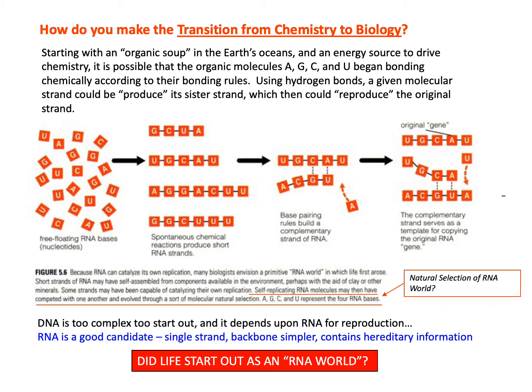But nonetheless, you have C and G that bond with each other, and U and A that bond with each other. So you start out on the left there with your organic soup of all these free-floating amino acids. Then it turns out that they bond in these chains that follow the CG and the AU bonding pattern. And from there, you may have a lot of these long chains,